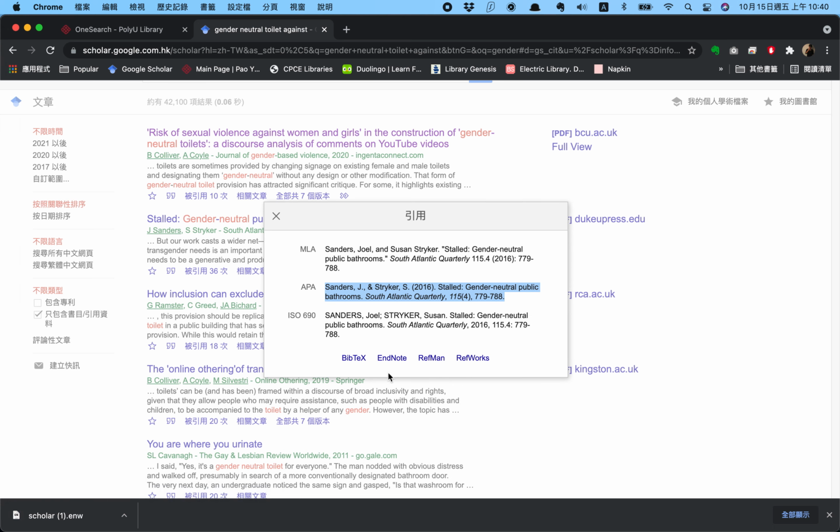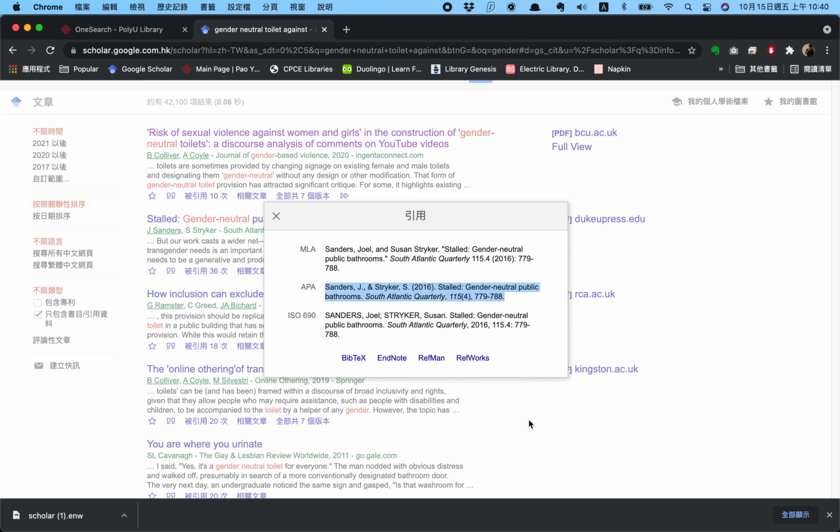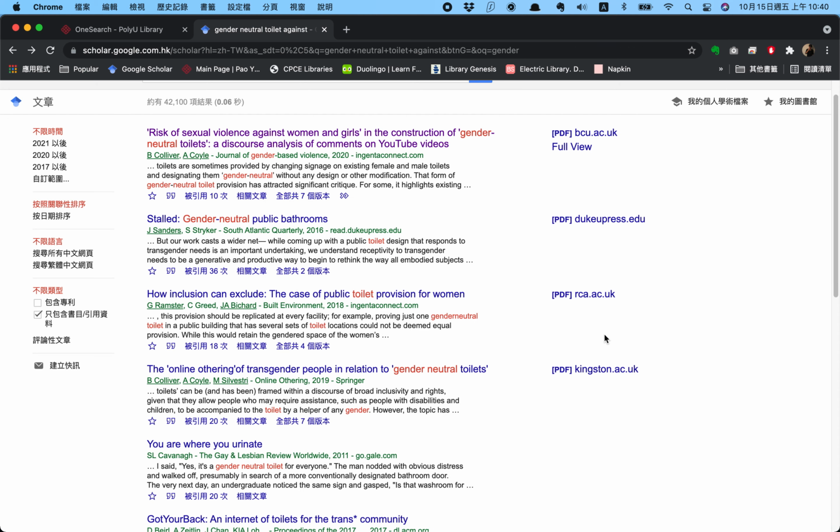Okay, so the browser will download the ENW file for you, and all you have to do is click on it, and you have the entry. And you may want to drag your entry to the project that you are working on. But again, as you are using Google Scholar, unless they are journal articles, sometimes when you find some entries